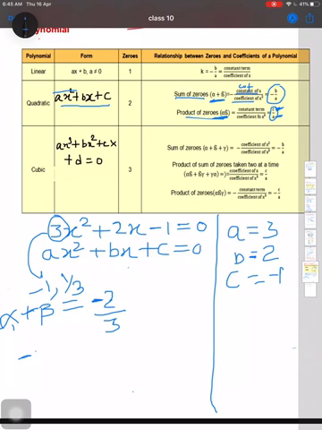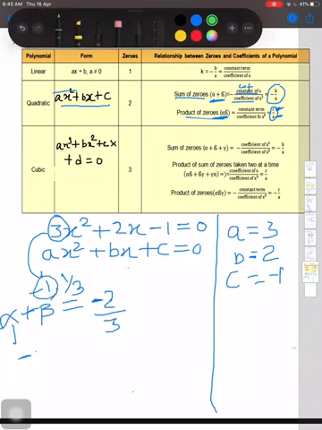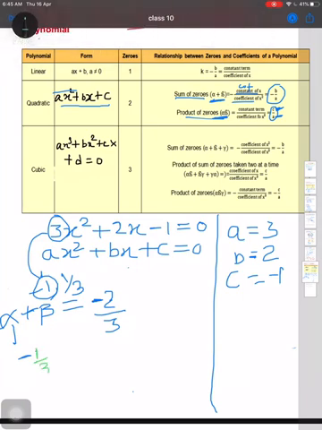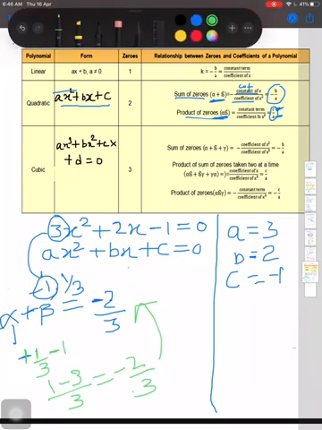Now we are verifying it. We know one of the zeros is minus 1 and the other zero is 1 by 3. So here we will write 1 by 3 plus minus 1, so we will add here. What we will get after solving, you can take LCM, so it will be 1 minus 3 by 3, so it will be minus 2 by 3. Now you see both are the same, equal. So this way you can verify as well.